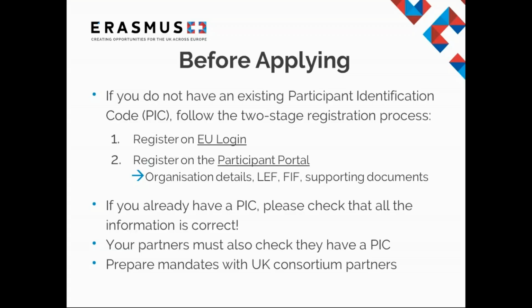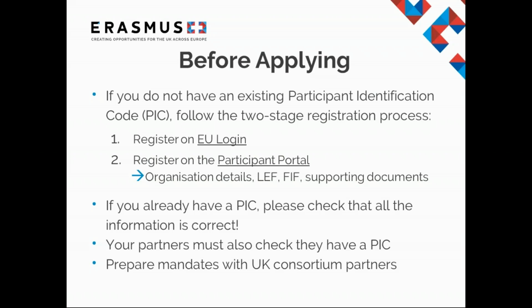Once you have decided on your Key Action 1 adult education project idea, you have found partners and thought about how to address different European priorities, you will need to ensure that you have obtained a PIC for your organization before applying. A PIC is a 9-digit participant identification code which is unique to your organization and will help you complete the application form. PICs are obtained once your organization has been registered on the European Commission's participant portal. You must make sure that all organization details on the European Commission's